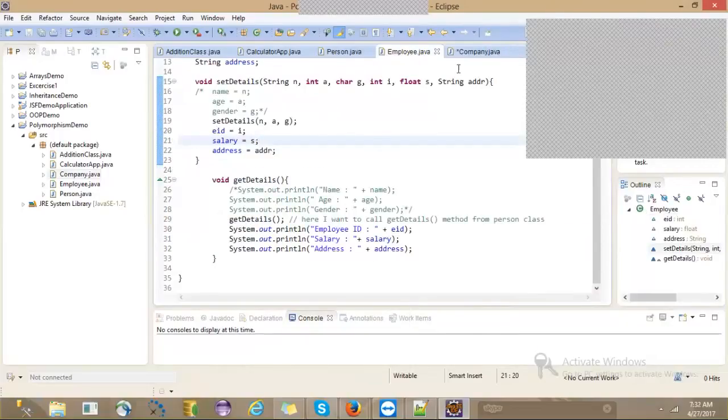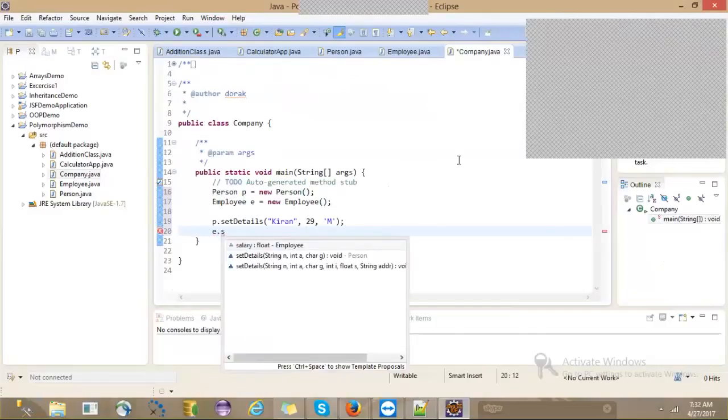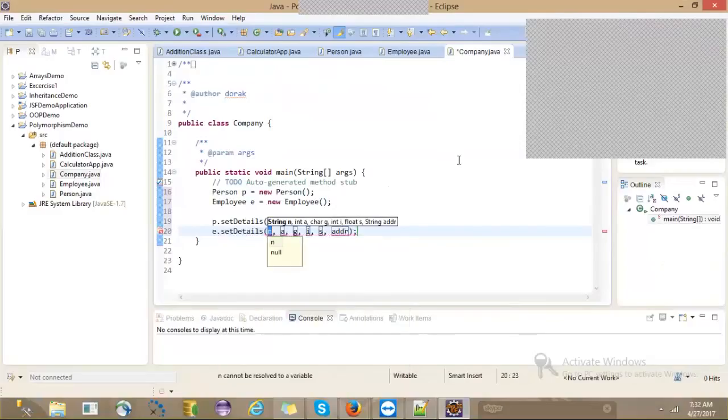Six we have, right? e dot set details: name Kalyani, 25, F, ID 1001, salary 2000, address Bangalore.